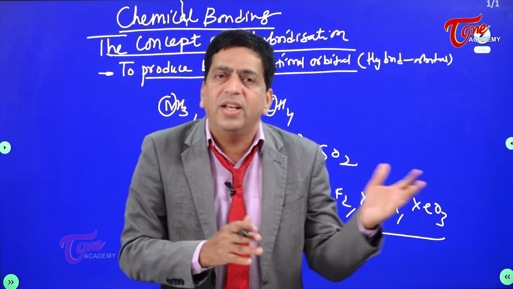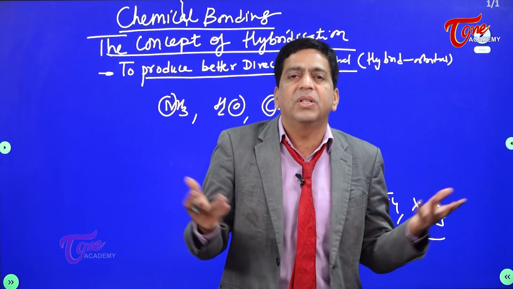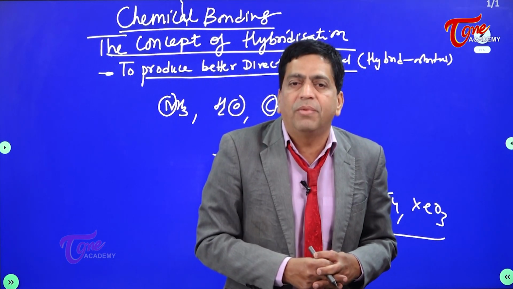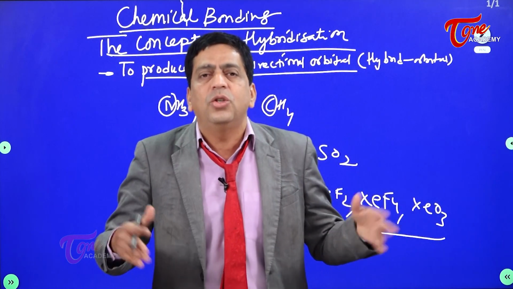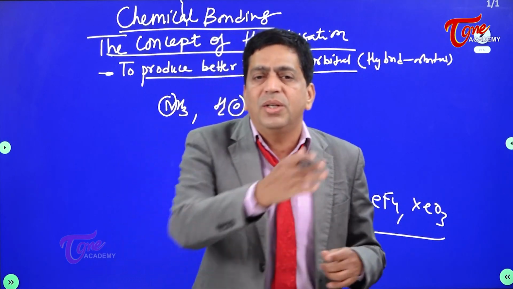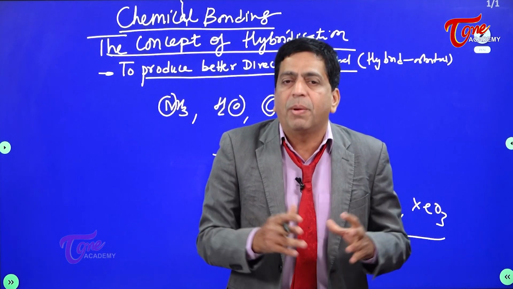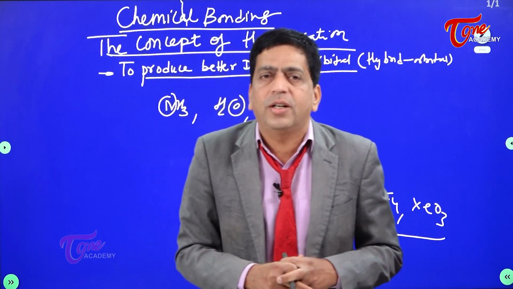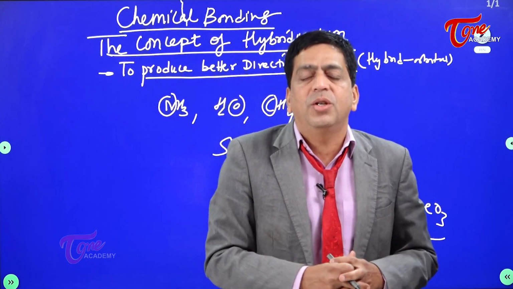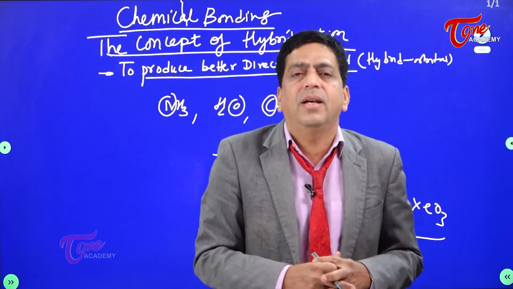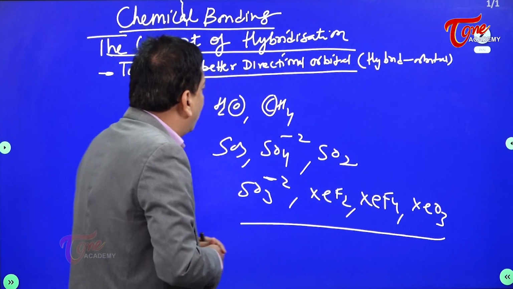Because the chances of 1s and 1p, 1s and 2p's, and 1s and 3p's are very much existing, and it all depends on which molecule you are actually taking. For the student writing the exam, how can he judge which type of hybridization is taking place in these compounds? That will be the point of discussion today. Let me propose a formula to you so that you will be in a position to answer the type of hybridization that a central atom will have in a particular species. Here is the formula. Observe carefully now.